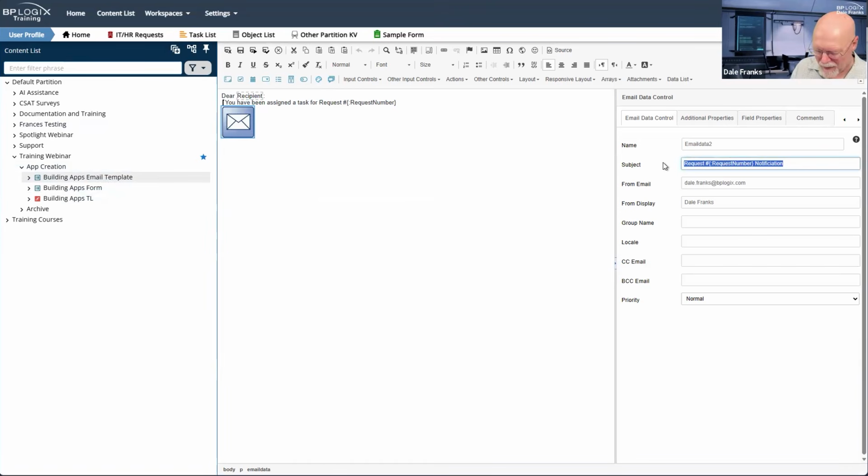So while we're here, we'll just put task assignment, colon, request number, whatever, by whoever submitted it on submit date. So now they know it's a task assignment. They know what the request number is. They know who the submitter is, and they know what the submit date was, which they're all going to get as the subject of their email.